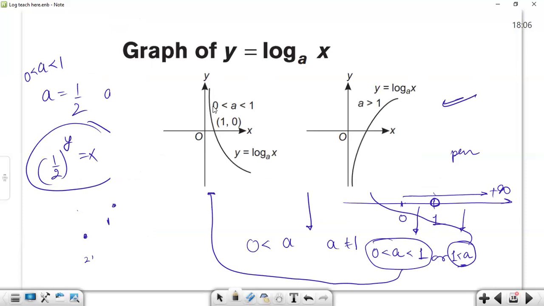Whenever the value of x is increasing, and if a is lying between 0 and 1, the y will decrease. So whenever there is a logarithm, let us say log base a of x, it is giving us p. And if there is an inequality instead of an equality,